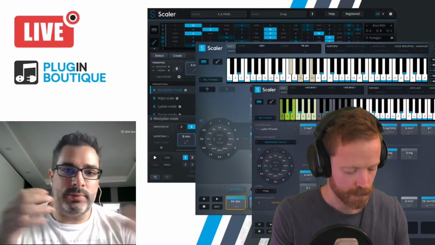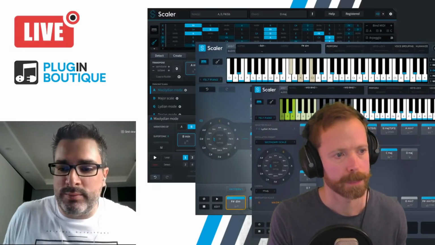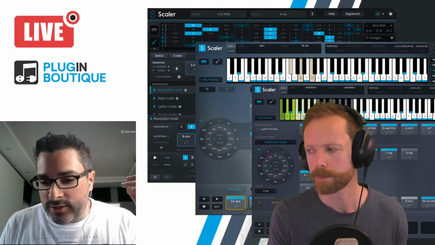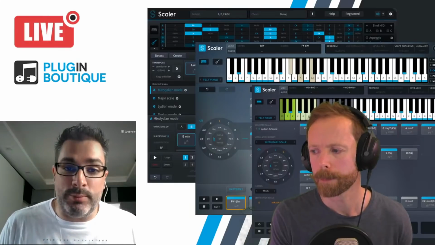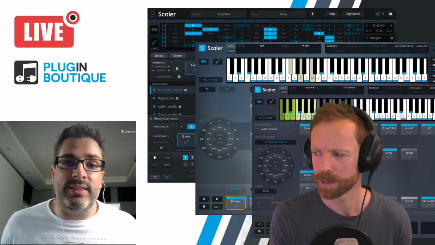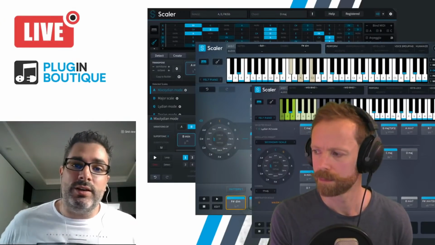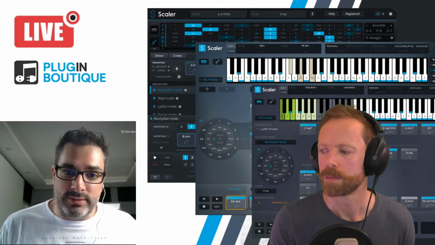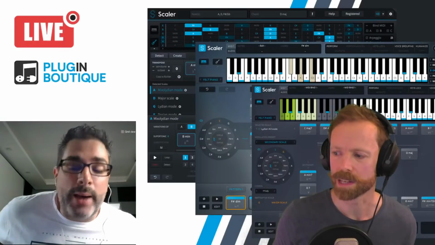I don't have one because I had to sell it because I was supposed to be moving, but that's why I do it with my QWERTY keyboard. But the question was, can you do it with the MIDI keyboard? And the answer is yes. Absolutely. Anything that can accept and give MIDI information can be used for that application inside of Scalar 2.4. Of course, so absolutely yes.